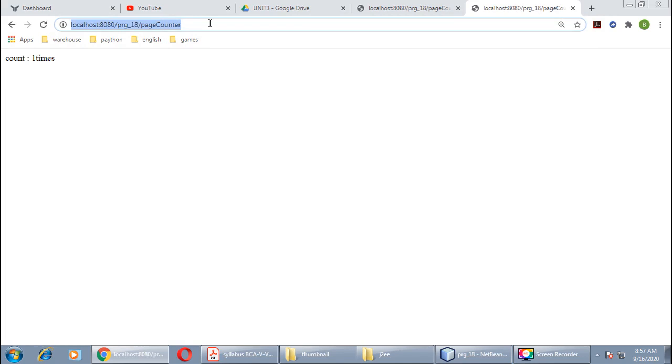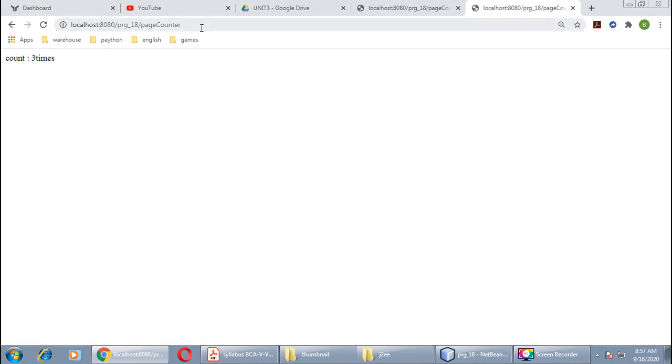Now execute one more time from this same window. You can see that the value of count has changed. Now it is 2, right? Why is it so? Because the doGet method executed a second time, as we have called the same servlet from the same window one more time. We are doing the same one more time.